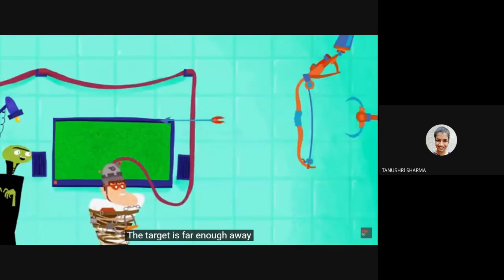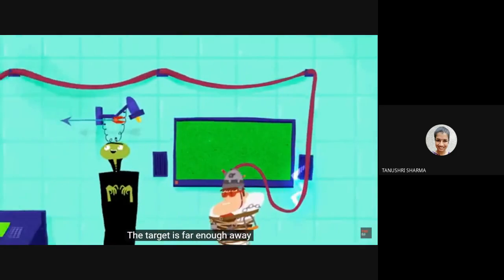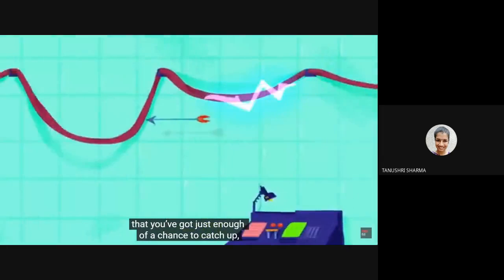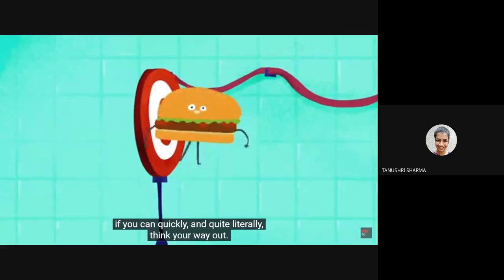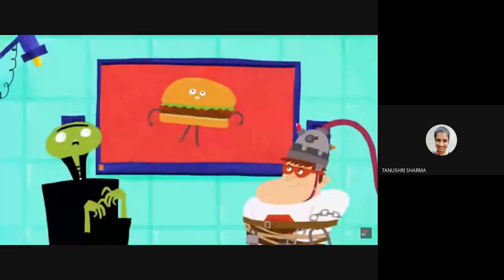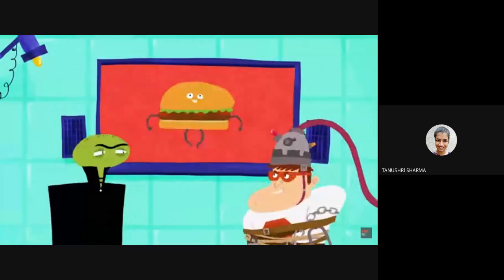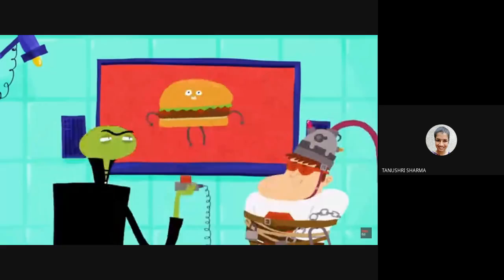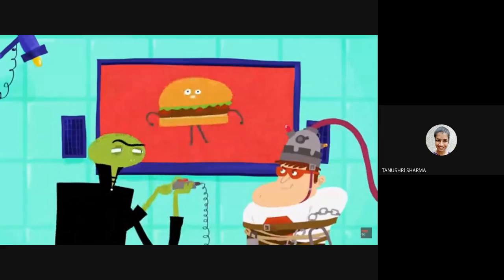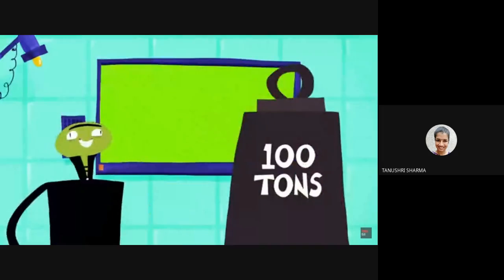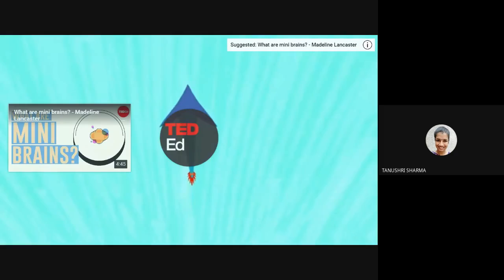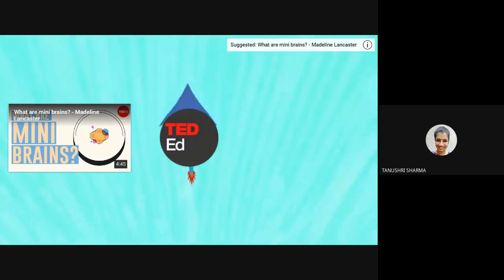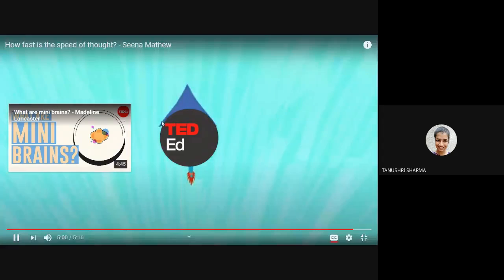The target is far enough away that you've got just enough of a chance to catch up, if you can quickly and quite literally think your way out. How might we observe the speed of thought in real life without cutting open someone's head? One approach is growing tiny little pencil